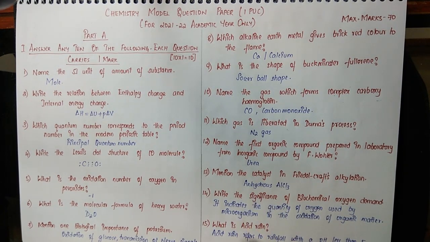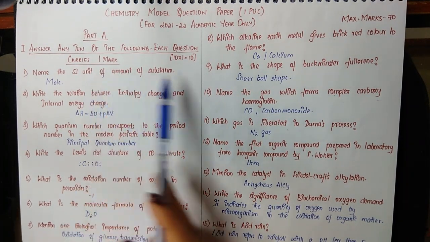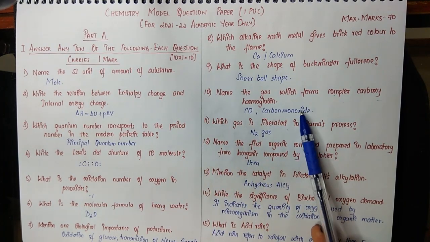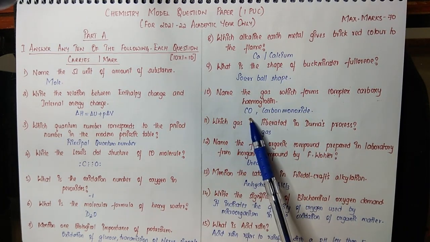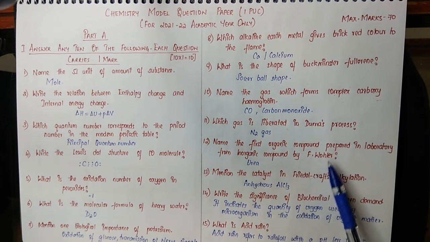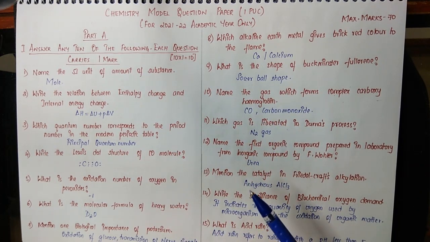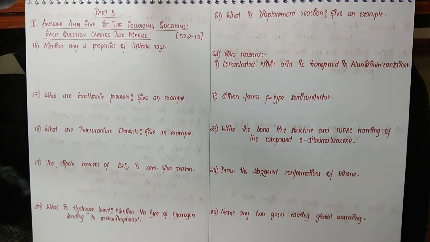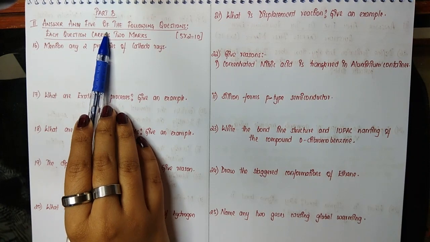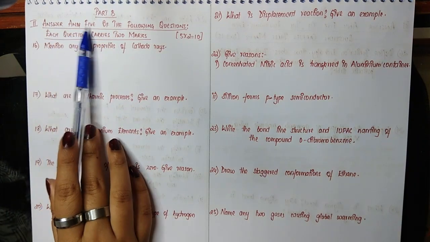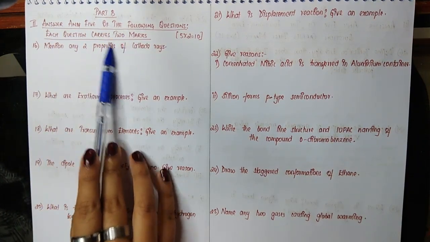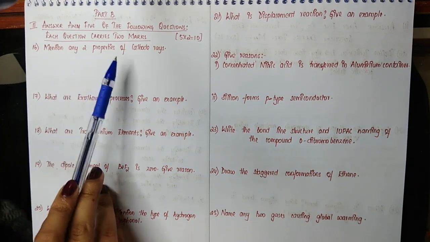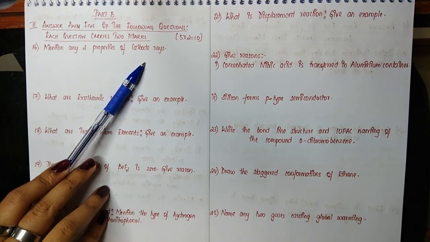So these are 15 questions under part A, out of which any 10 questions can be chosen, and because it's a 1 marker question, you can either write one word or a 1 sentence answer and you still get marks for it. Now let's move to part B. Under part B, you can answer any 5 questions and each question carries 2 marks. So your 16th question here is mention any 2 properties of cathode ray.